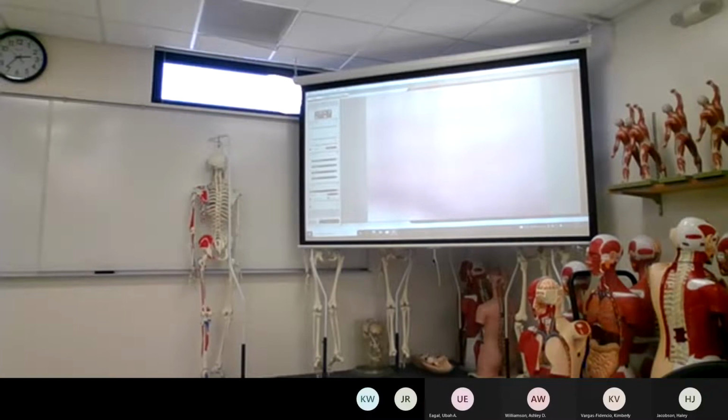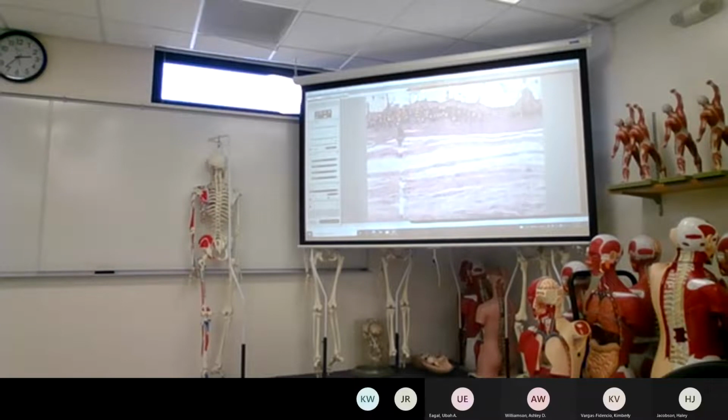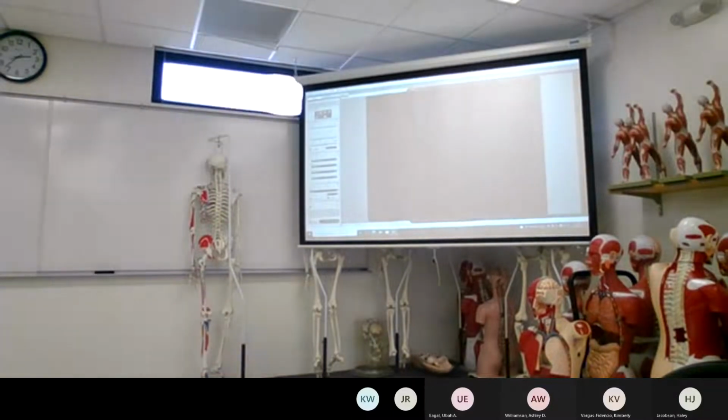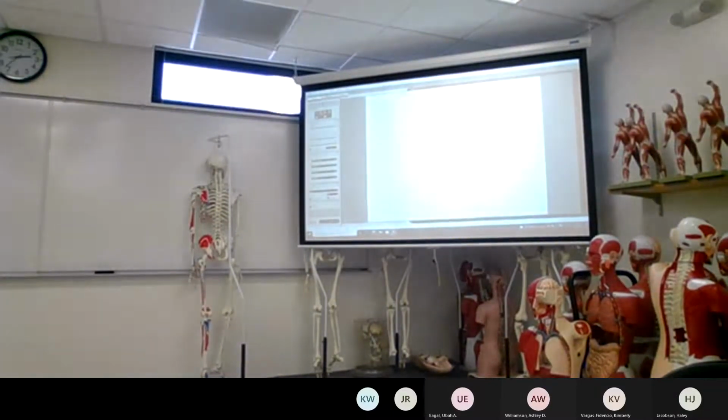okay? And again, you're trying like, oh, no cartilage yet, but there it is. Look at that beautiful fat. Look at that beautiful picture, right? You see fat, you see cartilage, and then you see a bunch of dense, irregular connective tissue. Okay? If we go and blow it up,